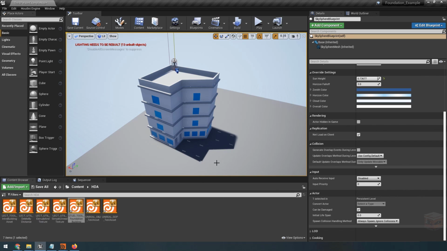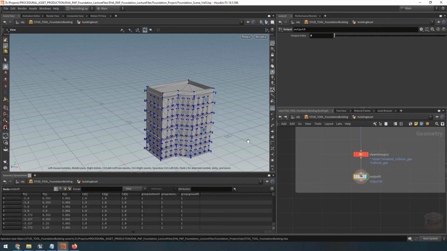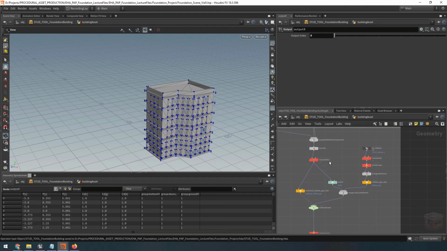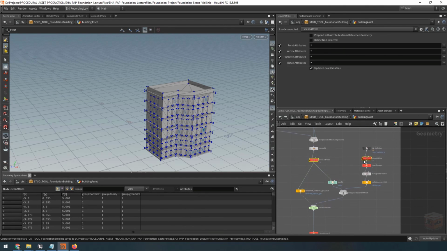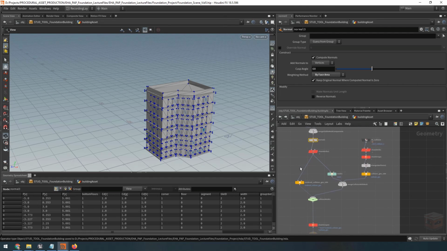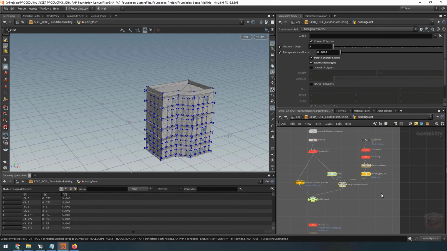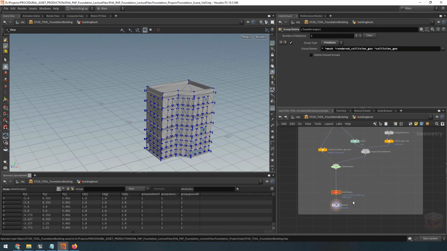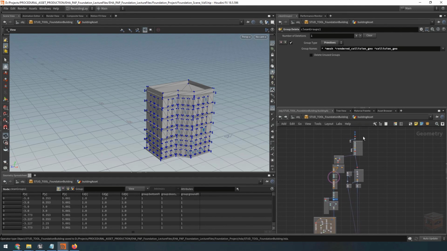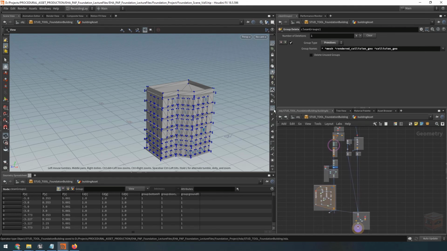And especially the problems that you might run into when you're doing this, right? So we've created a basic set of meshes. We had to clean them up, make sure we had clean attributes. We had proper normals. We had collision set up properly, and we cleaned up our groups. So that's one thing. 2, we checked through our network, make sure there were no bugs, that all our values